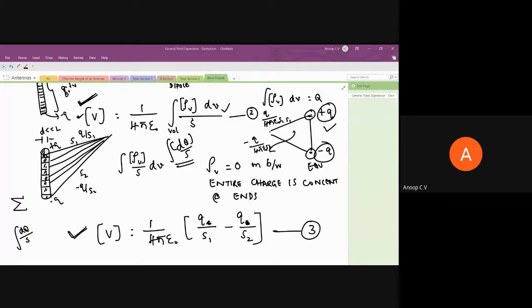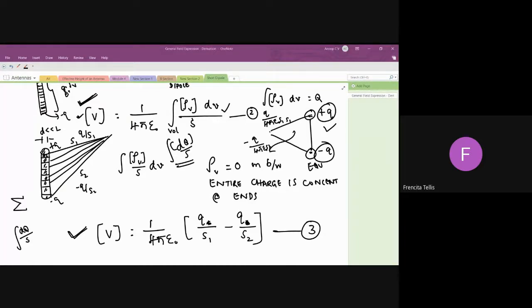Why I am discussing this with this much patience is, in the textbook they have not written anything. They have not given any explanation. They have straight away written it. So when you are studying for exam, you may find it a little bit confusing. So that's why. Shall we move ahead, please? Whom should I ask? Okay, Pranchita, are we okay with this? Any doubt? Sir, can you please once again explain from that rho v dv by s integration over the volume?